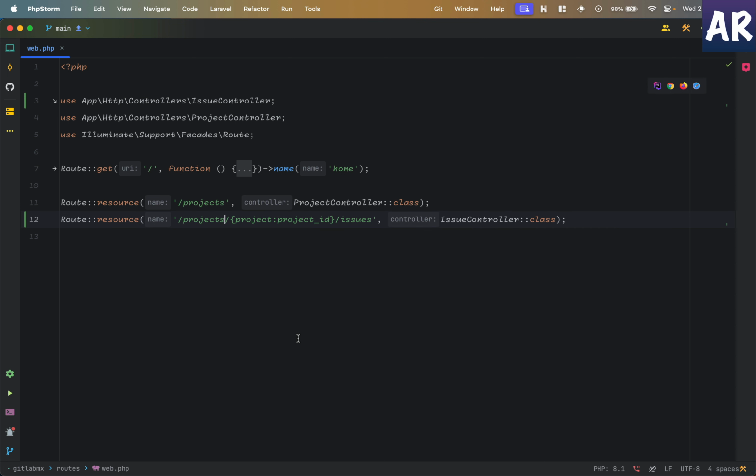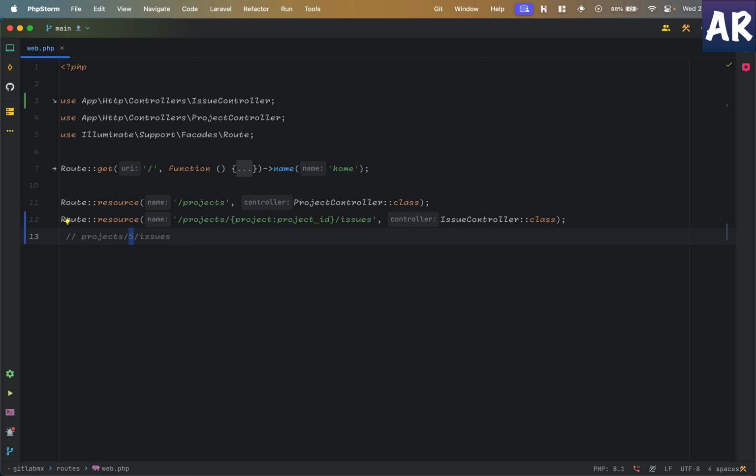So what happens is, a quick 101. Route model binding, what it allows us to do is, right now I'm saying that after the projects, so let's say it is projects slash 1, which means this is project ID 1, and then I have issues. So what will happen is, if the URL here becomes 5, I will see all the issues which are related to project 5, and on top of it I will be able to get the project with ID 5 inside